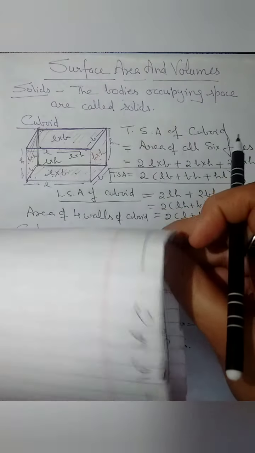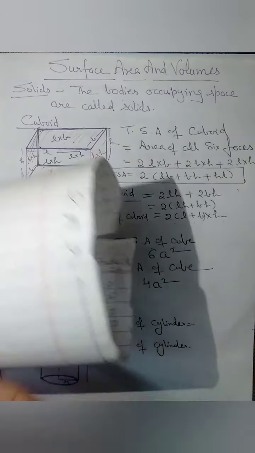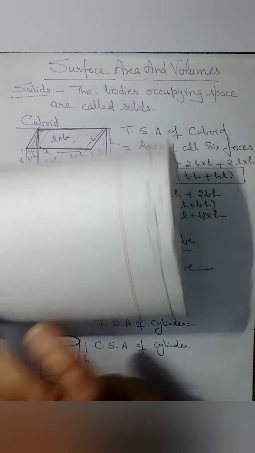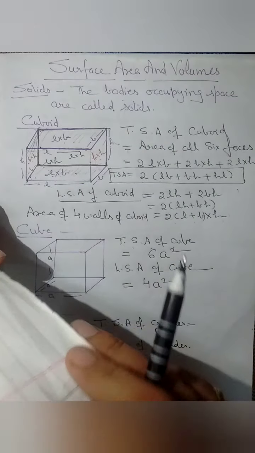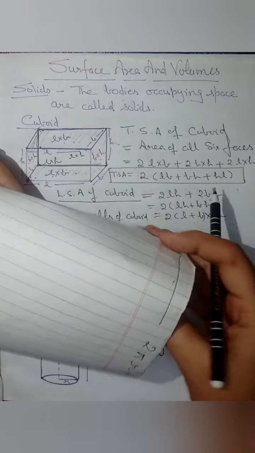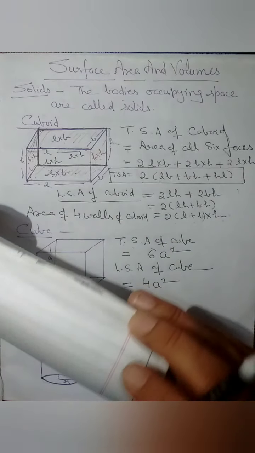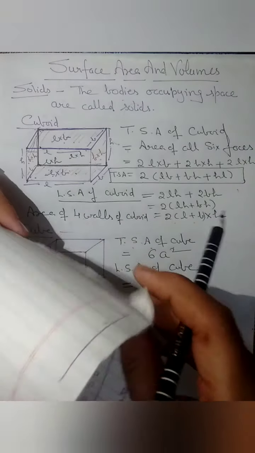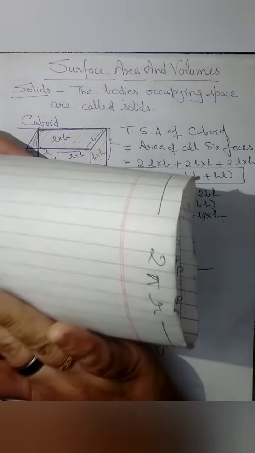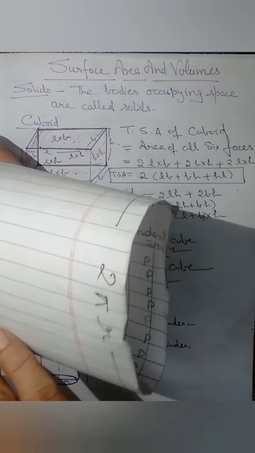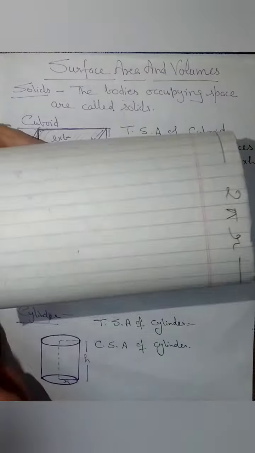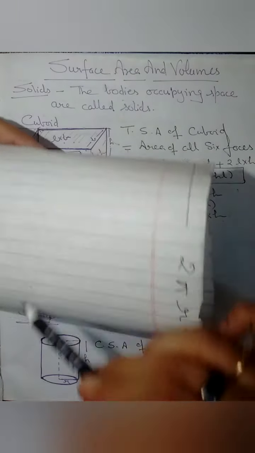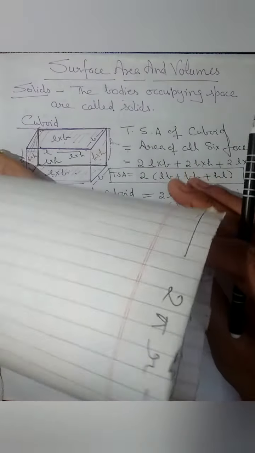If we form a cylinder with the help of this rectangle, you can see this is a cylinder. If you have to find curved surface area of this cylinder, as this is formed after folding the rectangular sheet, then CSA is this. We use the word curved surface area in case of cylinder. As we know, cylinder has one curved face, and if it is a solid cylinder, then two plane faces.